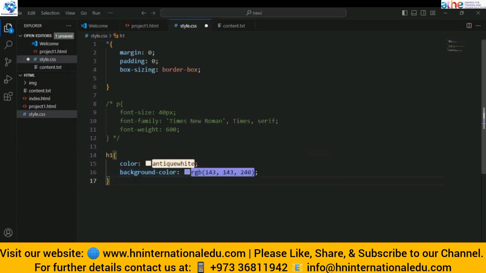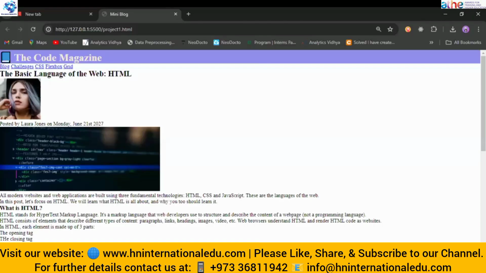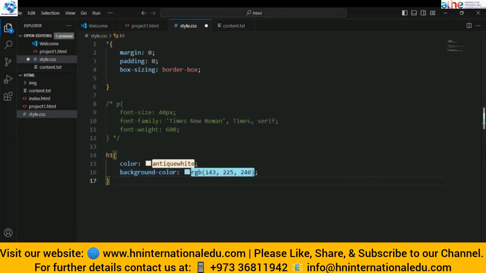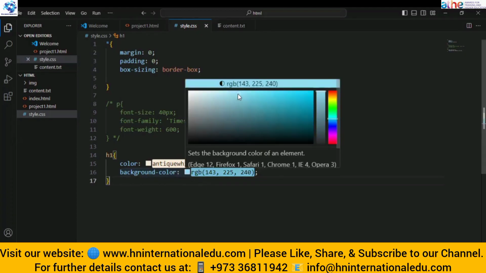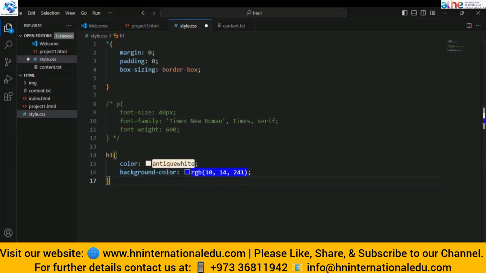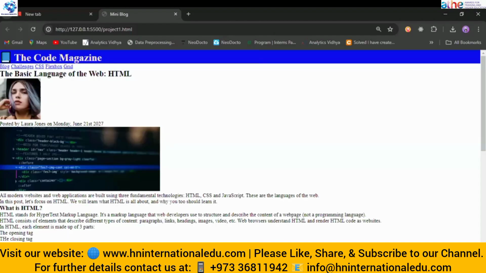You can see that is not looking too nice, so let's move it here. You can choose the color you want by dragging here. In this way, we can choose a color. Looking much better, so leave it for now.